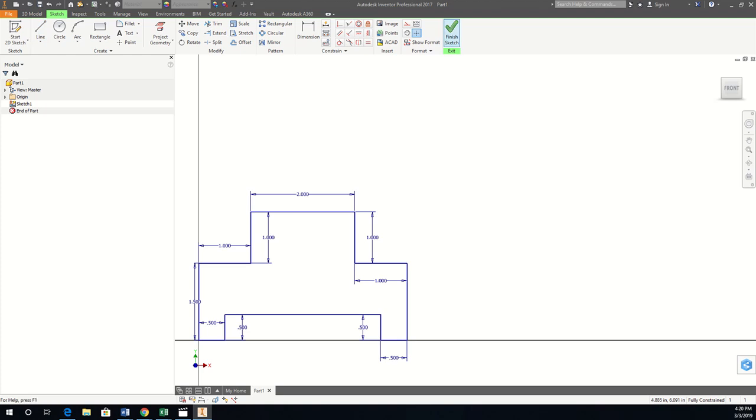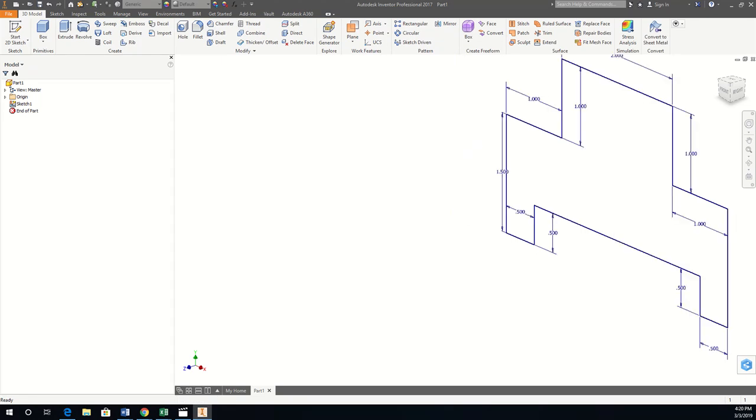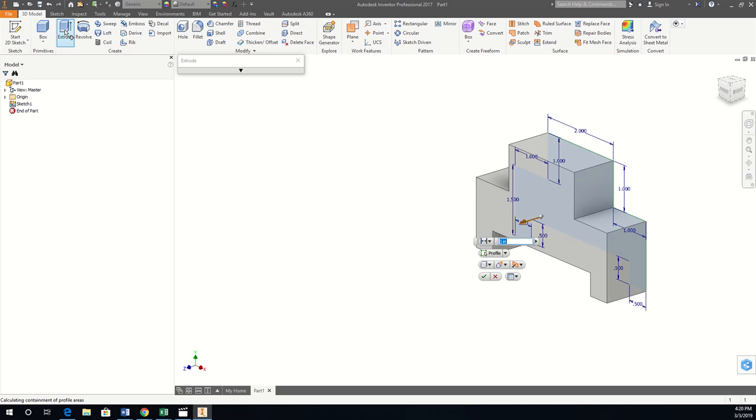Now, what we want to do is click on the green button, Finish Sketch, and I would like to get out here a little bit, and then I can go to Extrude. Look at that. It goes ahead and does it for me with the default settings, but I can change any of them. These change the direction, and it has a drop down there. Direction 1, direction 2, new solid,